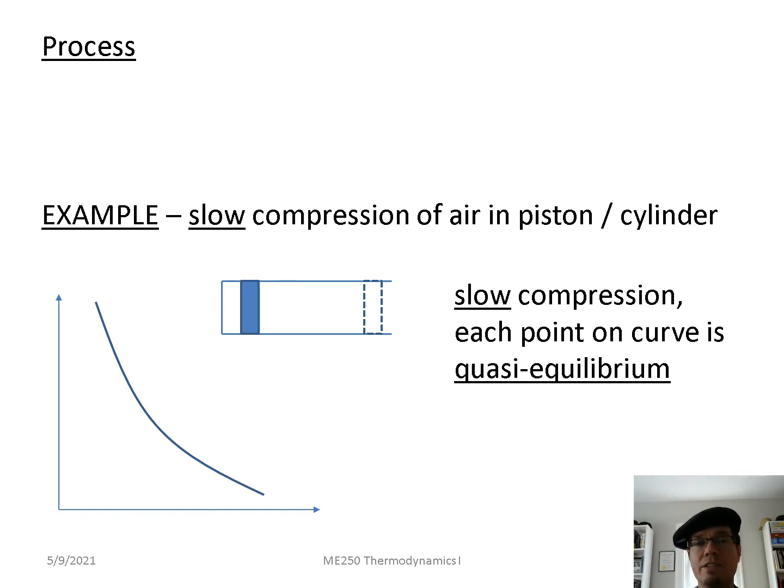The last thing to talk about for systems, at least at this introductory level, is processes and process variables and paths of processes. So a process is to do with the fact that a system will change, right? Thermodynamics is energy forms and their conversion. So a system can undergo a change, a conversion,